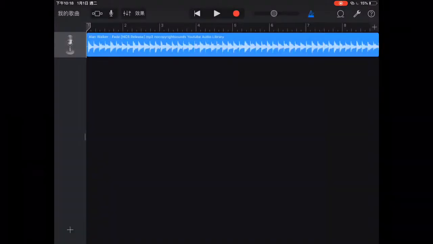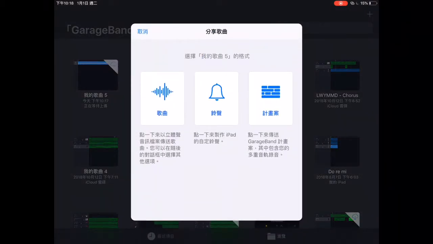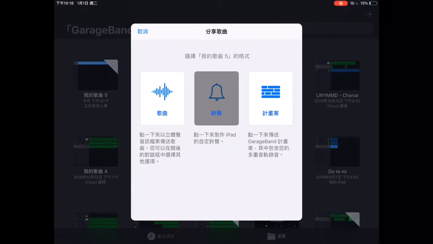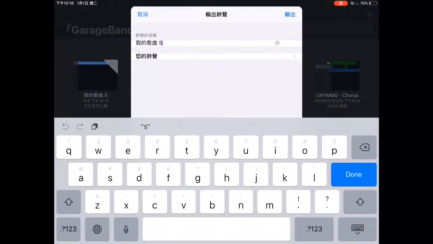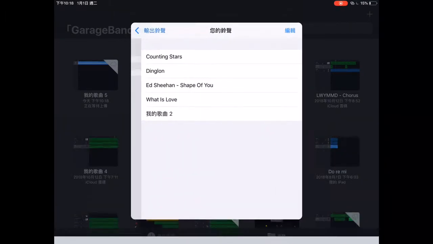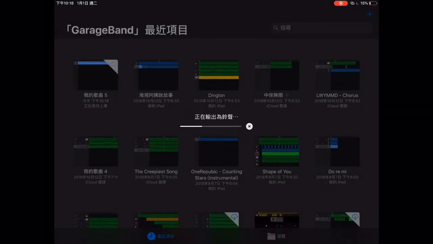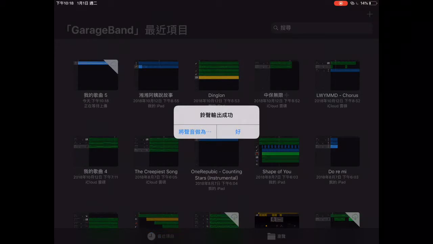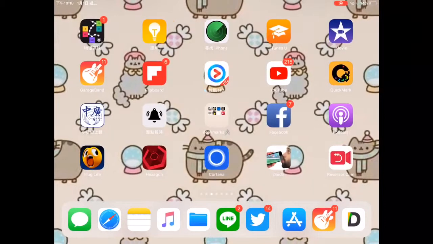Choose my songs or my files, whatever. Hold on it until you see something called Share. Click Share and choose Ringtone right there, the one with the bell icon. I'm gonna just call this Fade. The alignment isn't really good. Yes, right there. Click Export and wait for it to export. Then you just click OK. Then voila, here you can